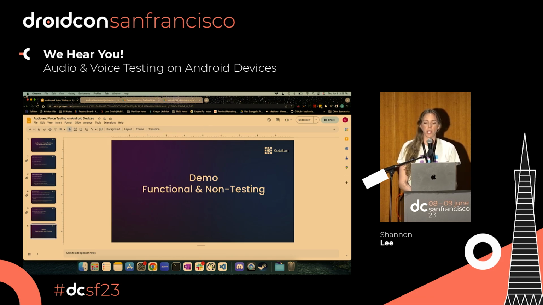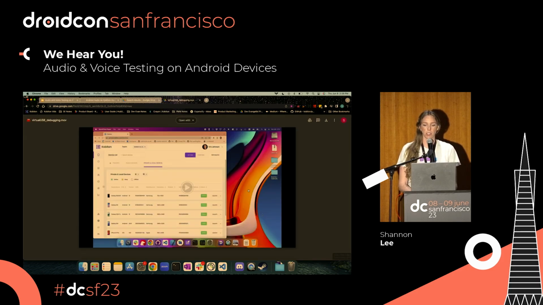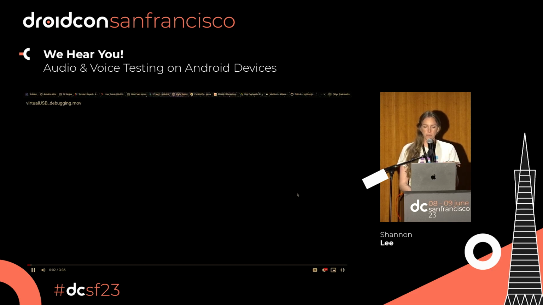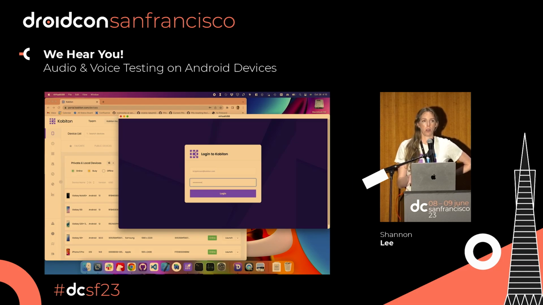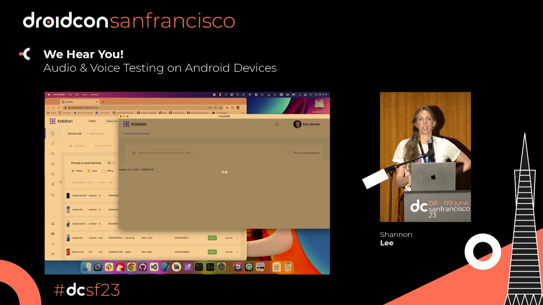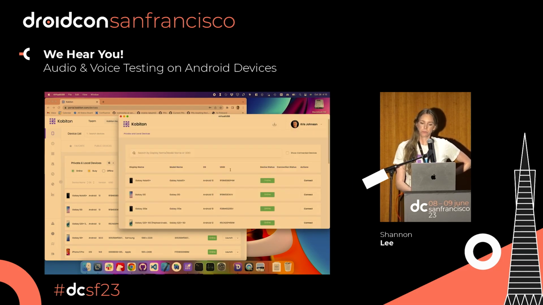So here within sourcing or tool sourcing, selecting a tool that has the ability to once again connect to devices even from a remote standpoint. And for that, I'm going to showcase our capability called virtual USB. Not so much audio related, but just wanted to showcase the ability to connect to a real device, even from Android Studio, so that you can begin any of your development around audio input, output, microphone input, output, etc.